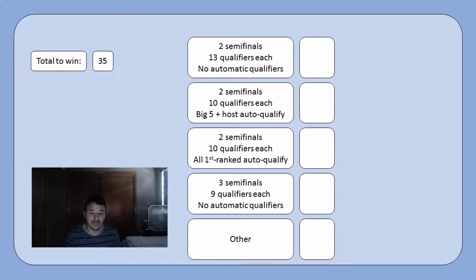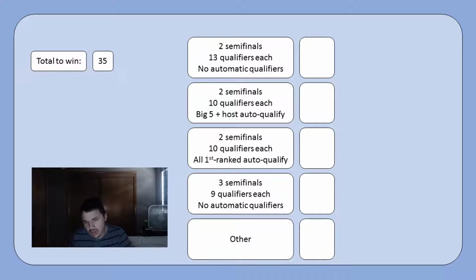Well, really 4 formats and an extra option. One would be if you wanted it with 2 semifinals and 13 qualifiers, each semifinal with no automatic qualifiers. The second option is 2 semifinals with 10 qualifiers each, plus the Big 5 and the host automatically qualified to the final. The host would be